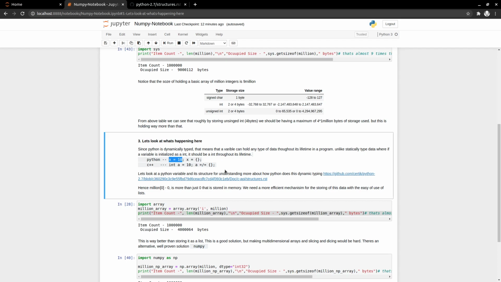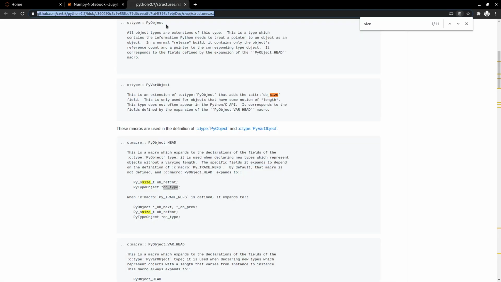How does x equal to 10 and then x equal to a dictionary work in Python? As a high level overview, if you go and look into the Python source code, even inside they are implementing C structures only. One example of that is in this link. Each object in Python, even a basic integer, will have something like a ref count. It keeps track of how many other Python objects are pointing towards it, so it keeps track of that reference count.